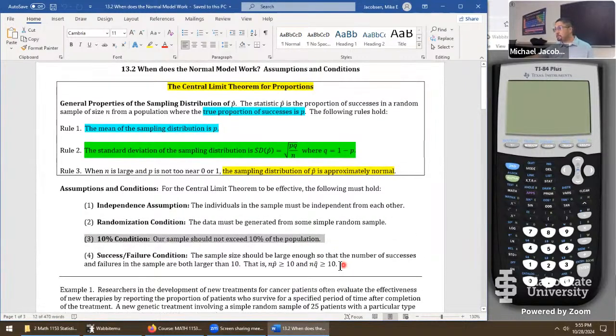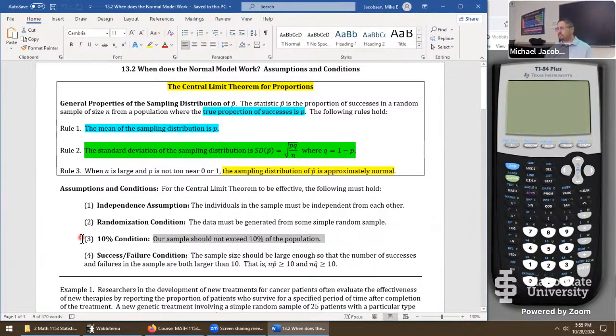And this condition is a little bit surprising. This is tied in with independence in a certain way, but for the central limit theorem to really be effective, it actually assumes that your population size is infinite. That's a mathematical fiction, though. No population that we're looking into is infinite in most situations, especially if we're talking about, say, human subjects. So in place of having infinite, as long as our sample doesn't exceed 10% of the population, we are meeting